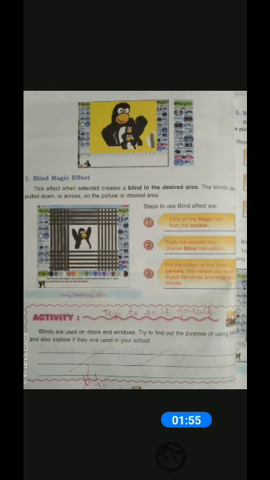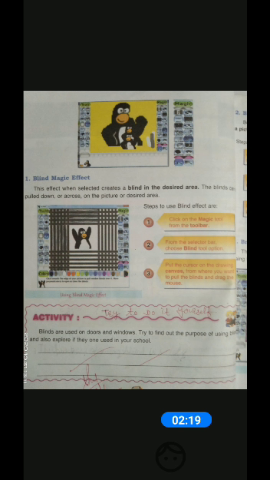The first is the Blind magic tool. This effect, when selected, creates a blind in the desired area. The blind can be pulled down or across on the picture or desired area. Now, what are the steps to use the blind effect?